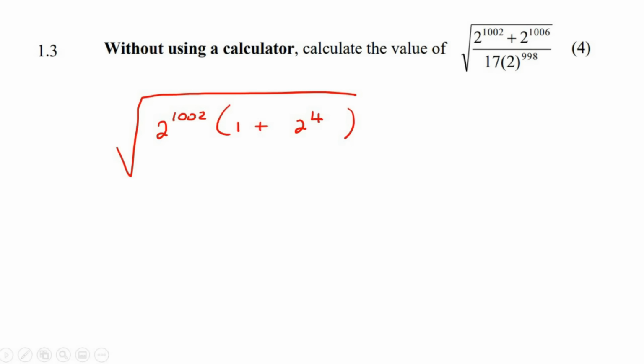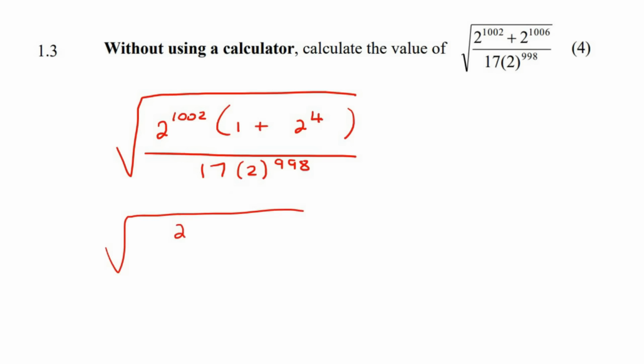Okay? Right, now at the bottom, you're going to be left with 17, and I have no idea what we're going to do at the bottom. Don't worry, it's all going to work out. Check this out. If you know that 2 to the 4 is 16, and 16 plus 1 is 17. Ooh, and there's a 17 at the bottom. So what happens is we can just do this. We can then say that that becomes a 17. At the bottom, we also have a 17. Okay, so